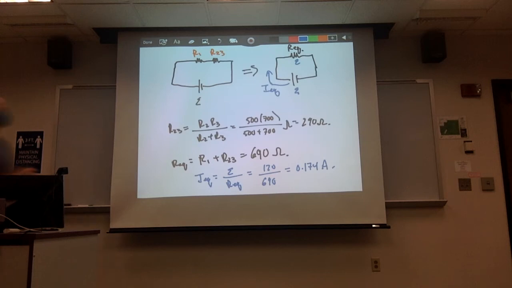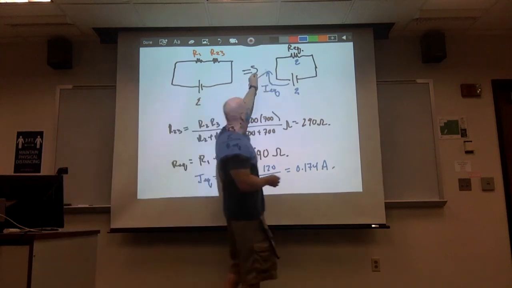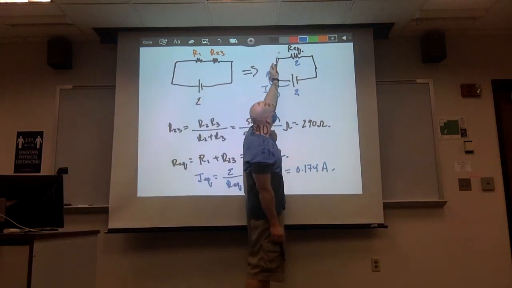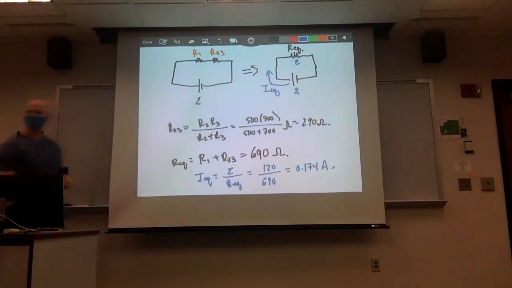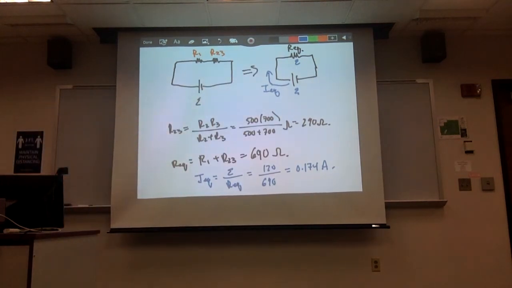Good, so now we have IEQ, and we're going to start working backwards. Now we know the current going through here, but we also know that REQ came from two resistors which were in series, and what's the same in series? Current. So the current going through this one is IEQ, and the current going through this one is also IEQ because they are in series, which means that,